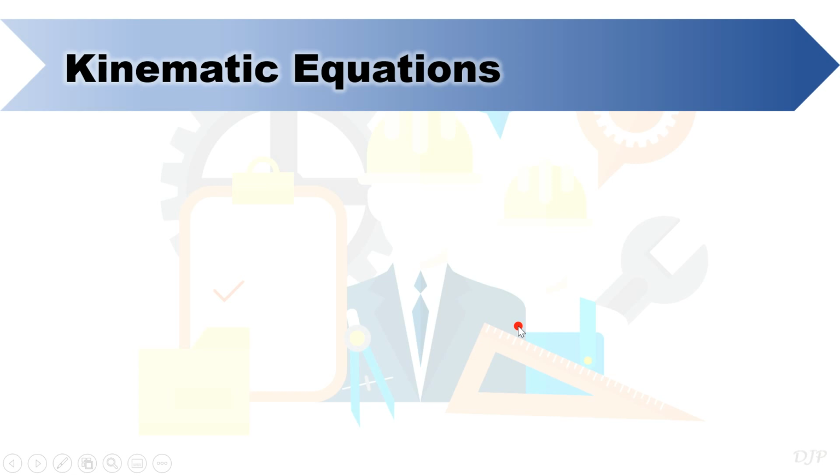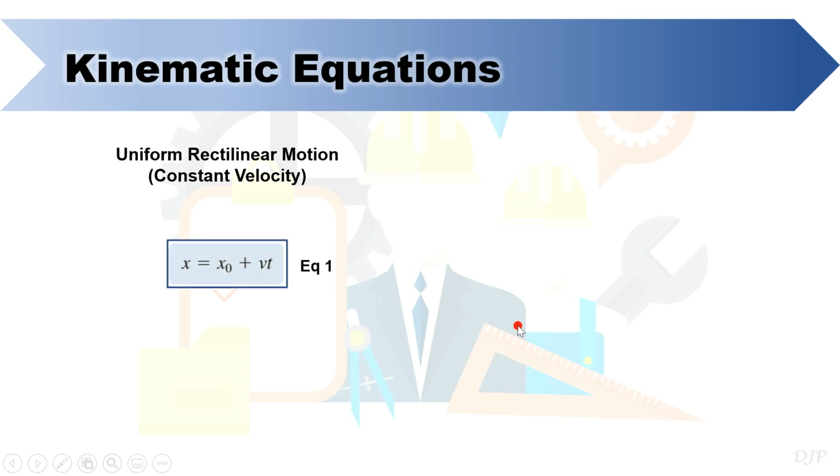In physics, you learned that for rectilinear motion with constant velocity, displacement is simply equal to average velocity times time. Or in general, final position is equal to initial position plus average velocity times time. Take note that if the velocity is constant, average velocity is equal to its velocity at any instant, including the